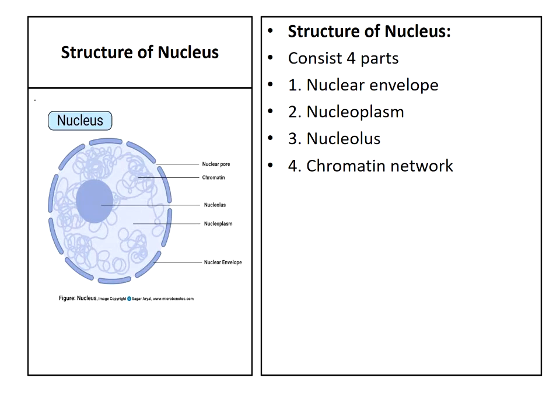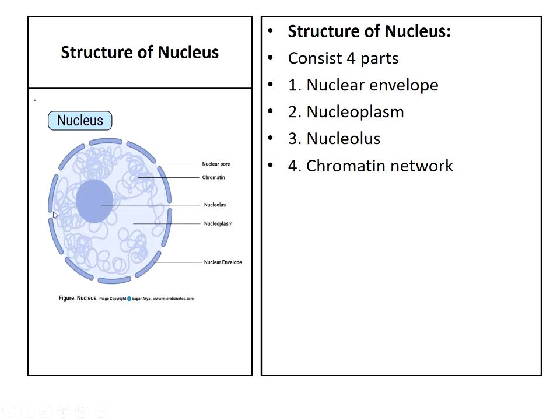Next, let us move on to the structure of nucleus. The nucleus consists of four parts. First one is nuclear envelope, and it is also called as nuclear membrane. And the second one is nucleoplasm. So in the diagram, you might observe the nuclear envelope. So it is also called as nuclear membrane. And the second part is nucleoplasm.